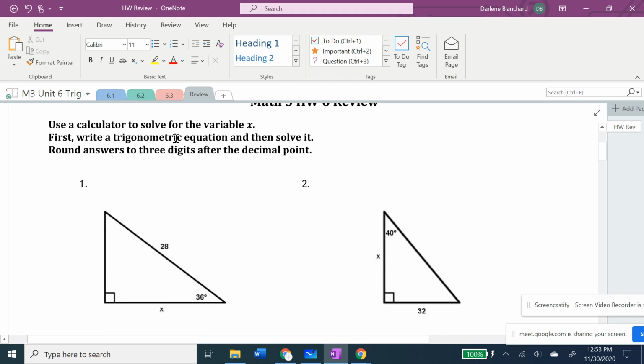So you are using a calculator to solve for variable x. Make sure you have a calculator ready tomorrow for the quiz. And you are going to first write a trig equation and then solve that trig equation. So what you are going to do